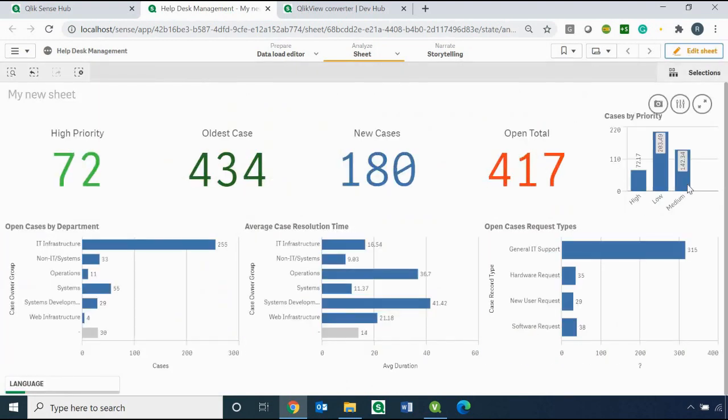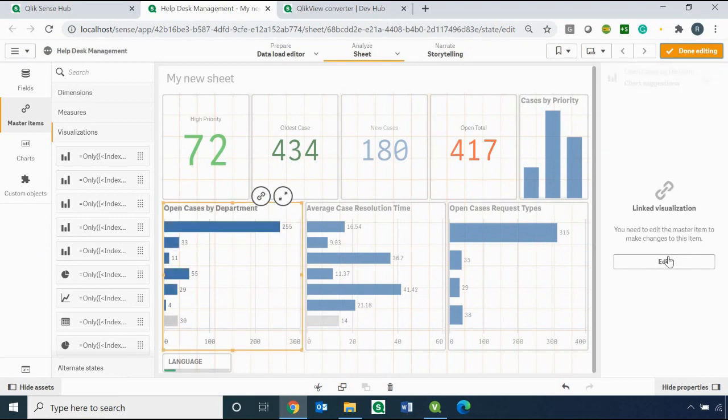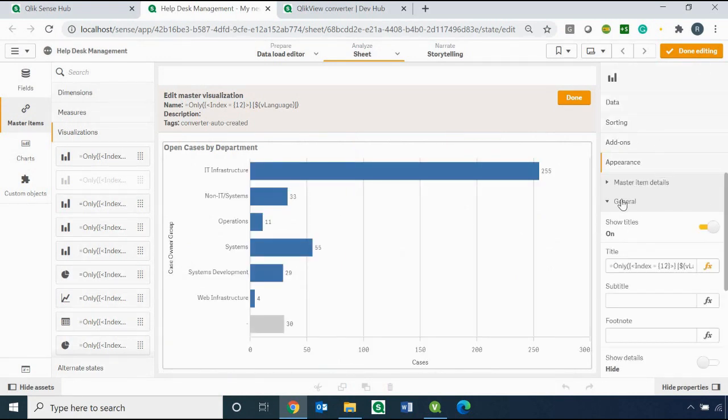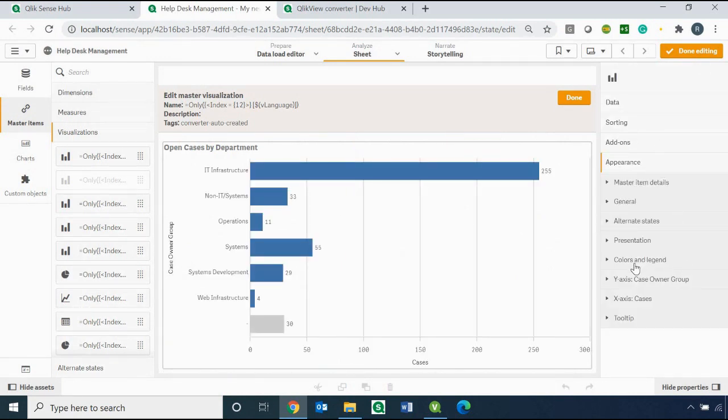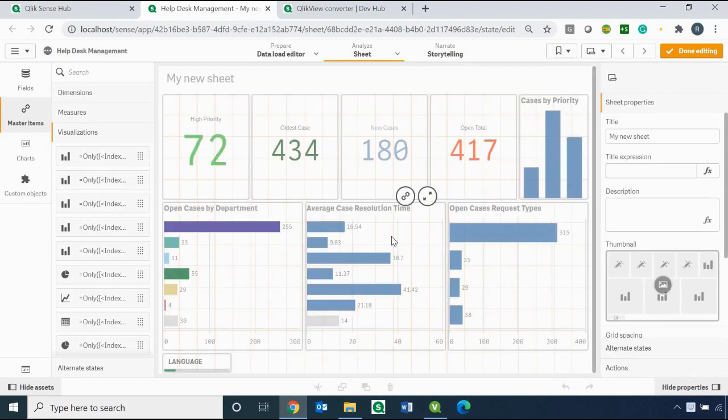Okay, and then we go here and let's keep the same colors for this, but let's change for all of them. So I'll just go here, just say edit, and this opens up the edit mode. Let's change the color. So go here, and instead of single color I'll just say color by dimension. Okay, say done.